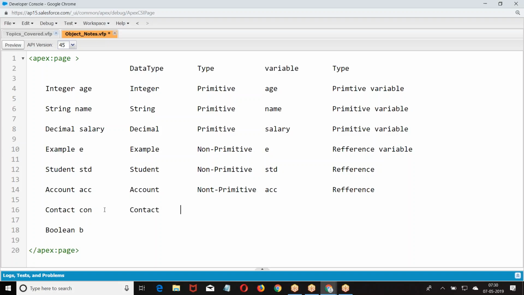Contact. Is it a primitive? Boolean B. Boolean. It is primitive. B.